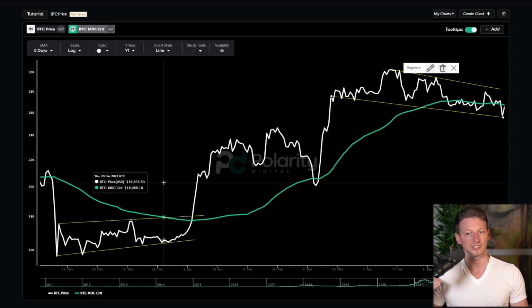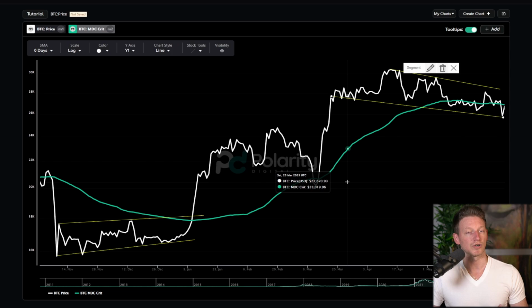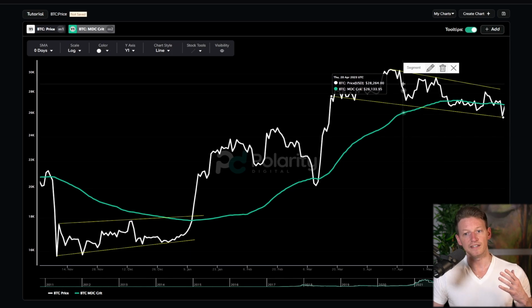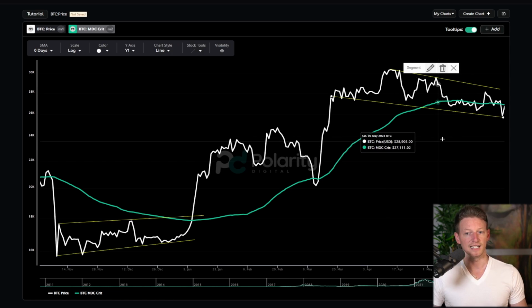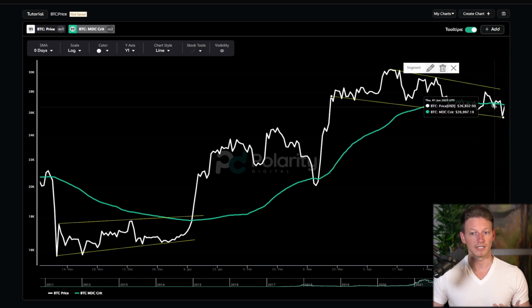There's going to be sort of a shakeout, shaking out some of these less strong hands that have bought during this time and are just in it for the short-term trade. So even if we were to break to the upside, there's probably going to be some shakeouts back to the downside. And I think that's very likely what you're seeing now. Now, the Binance events may put us on a path towards a longer-term downtrend here, and that's yet to be seen. But you have to imagine we're not that far out from the next halving. And so this is the opportunity for investors to be acquiring one way or the other.